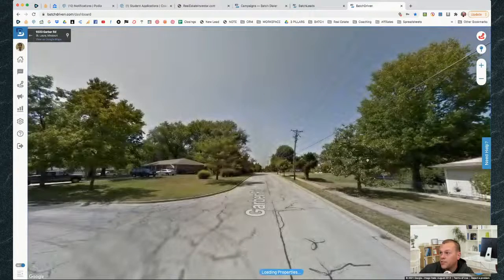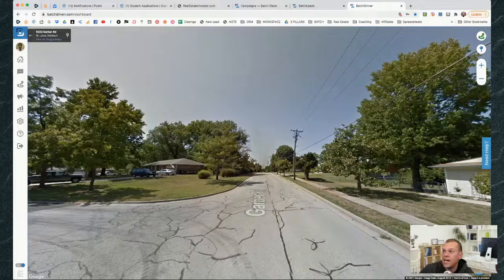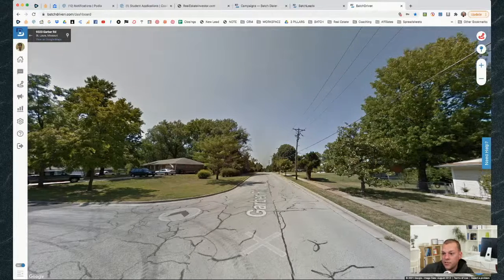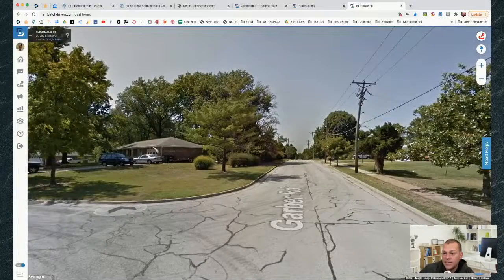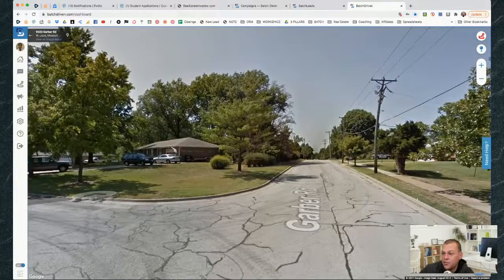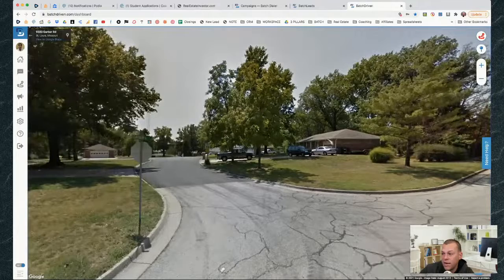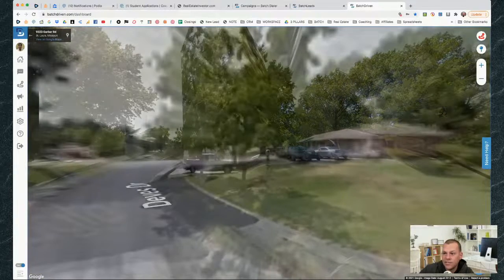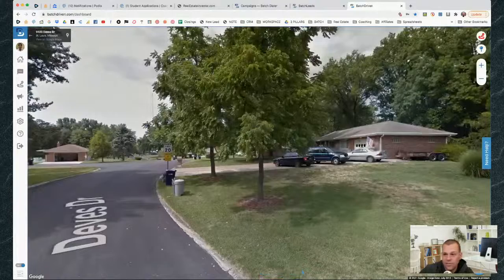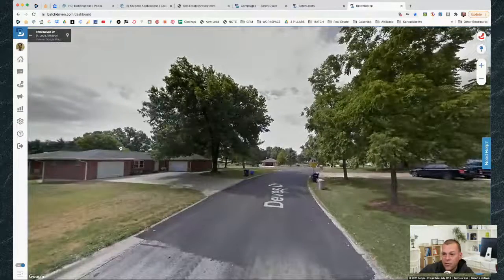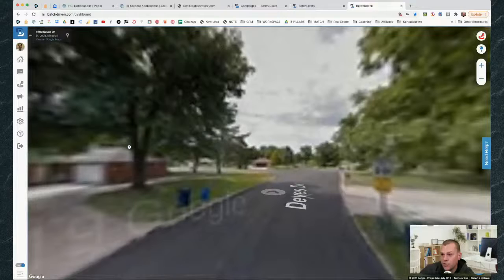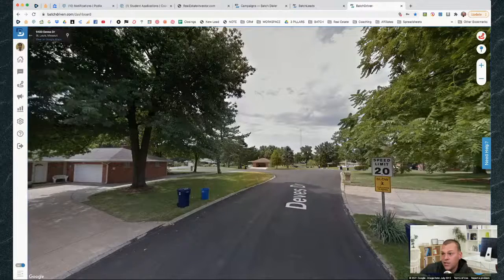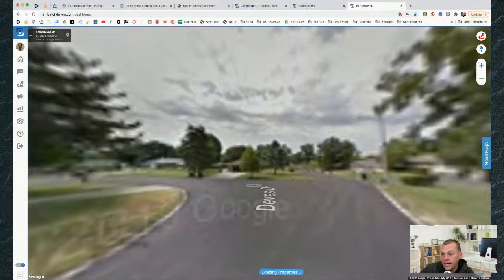I do want to make sure that I have this little thing at the top toggled on, though. Green, when you click it, it's going to turn red. And what that's going to do is that it's actually going to allow it to start saving the route. See, it says route saved. So what I can start doing is I can start virtually driving for dollars, right? I can start driving through these neighborhoods, and I can do this anywhere that Google has essentially gone in and